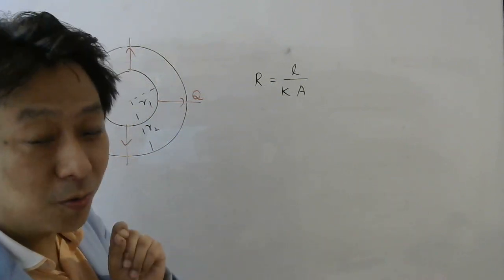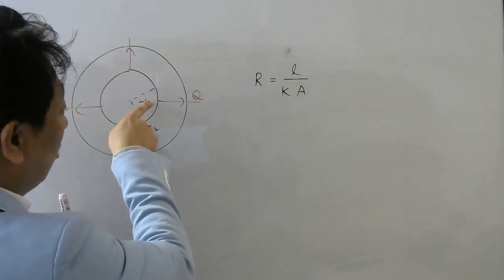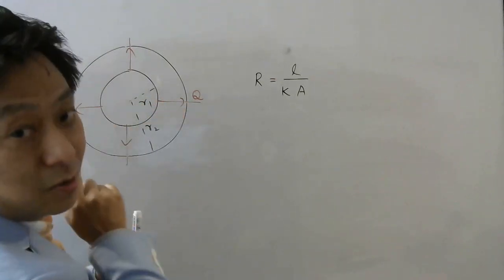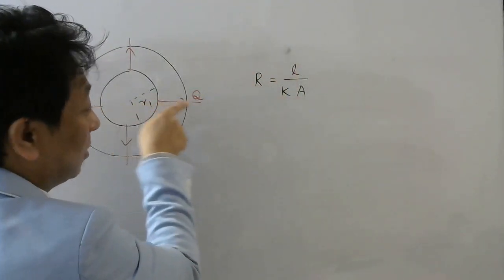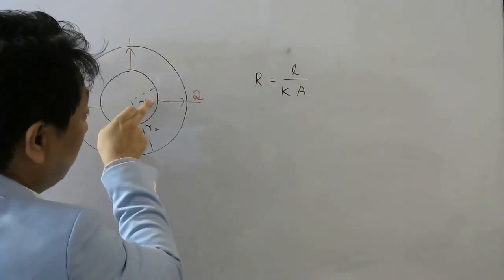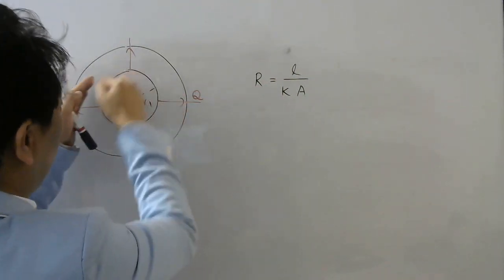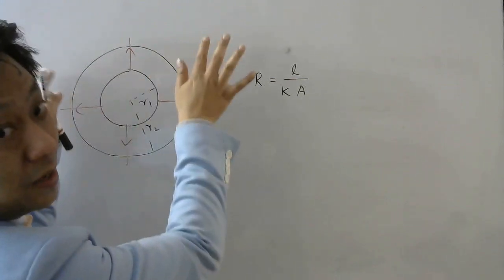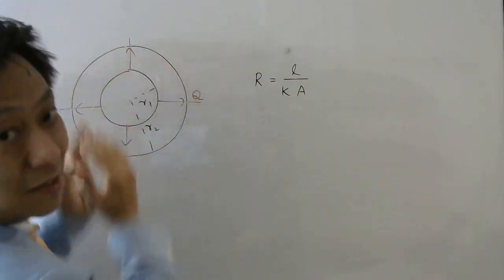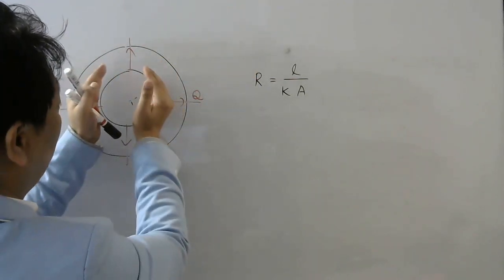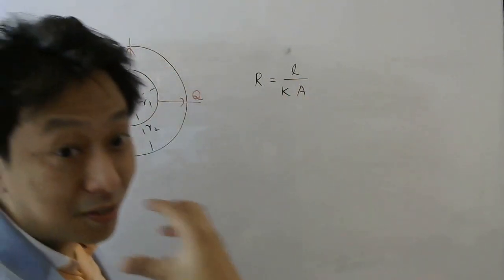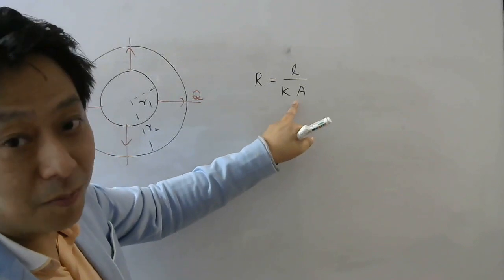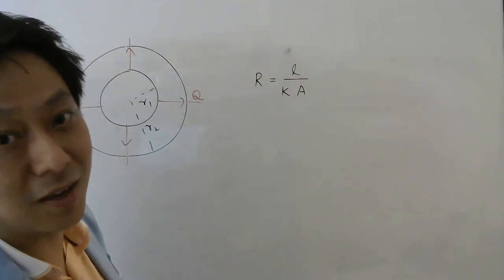No. Why no? Because as I move along the flow of heat, so as I change this L along, remember the L is measured along the flow of heat. So as I move along the flow of heat, the area through which the heat is coming out is increasing, isn't it? So as I go from here to here, here to here, the area is increasing. So since the area is increasing, you will not be able to use directly this formula, right?